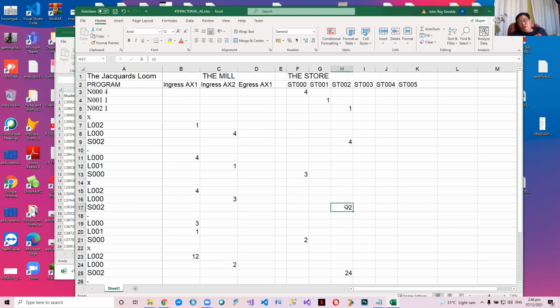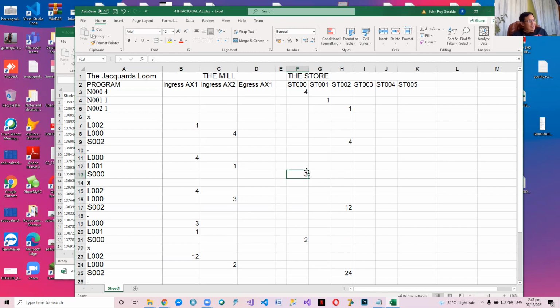Now, why is 3 stored in 000? Because this is our next number to multiply. Our next multiplier is in 000. The first multiplier is 4, the next multiplier is 3. Do you follow? So what is in 000 is the next multiplier.